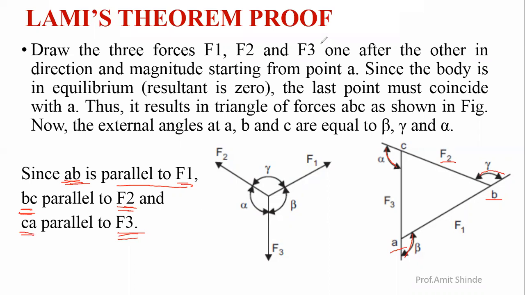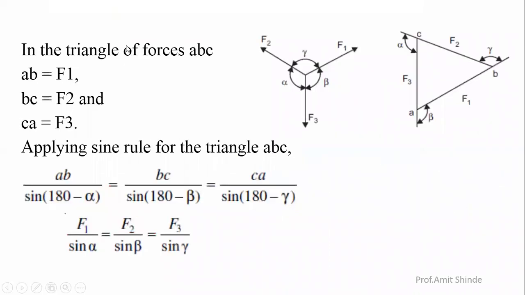Now, as we know, this is the triangle and the sides of the forces: side AB, force F1; side BC, force F2; side CA, force F3. Now apply the sine rule to the triangle ABC. For the triangle ABC, this is the external angle, and according to the sine rule, side AB is proportional to